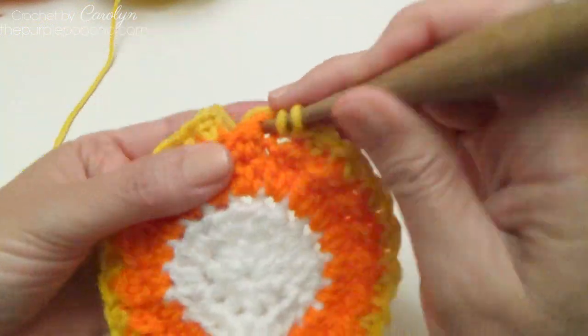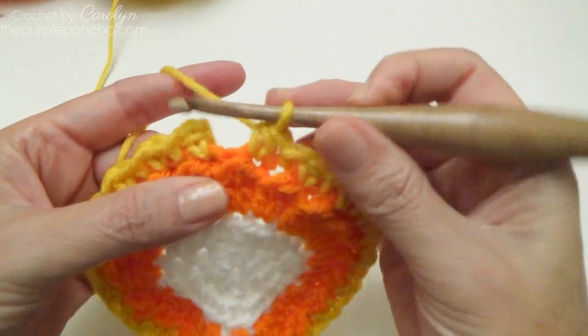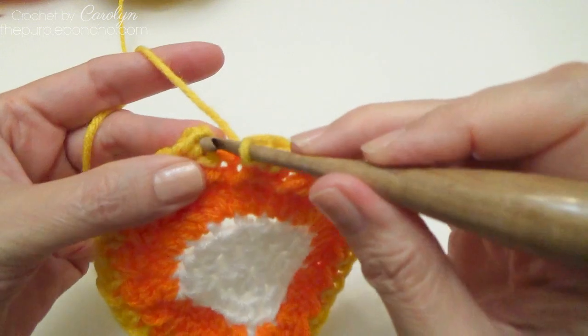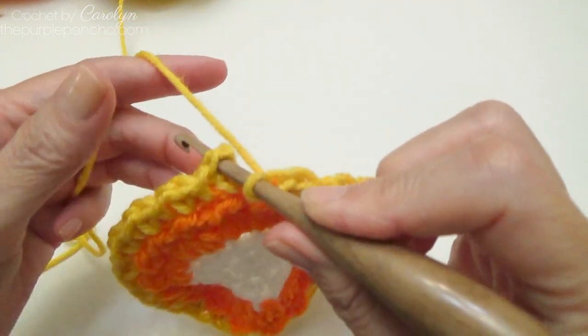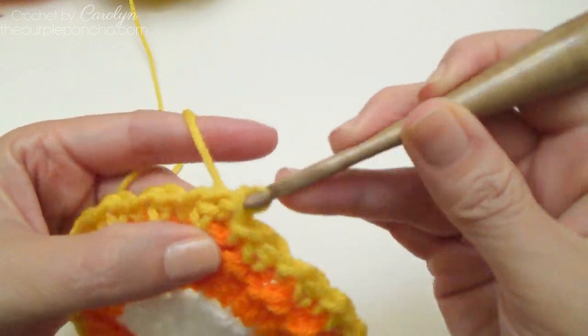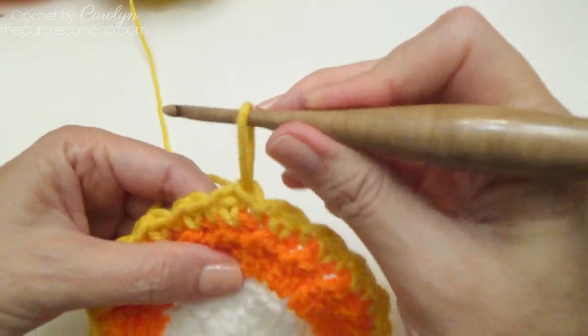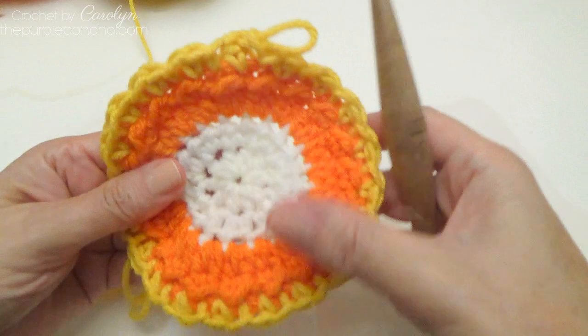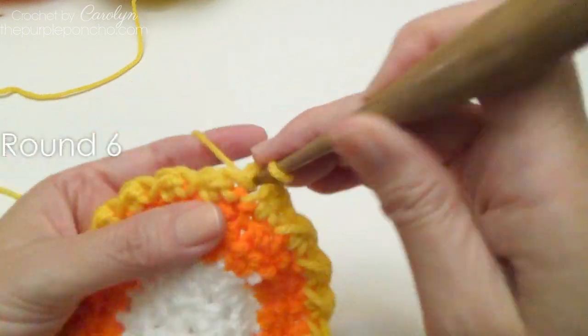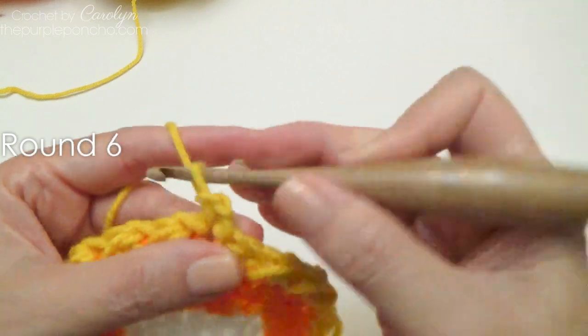My last couple of stitches, I have a half double here and slip stitch in the last stitch, and then come up to my beginning half double and slip stitch to that first stitch. Chain one and turn and place a slip stitch in that first stitch,